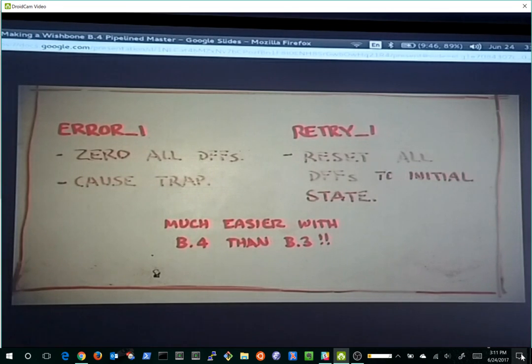Acknowledge is a compulsory signal. Something has to terminate a bus transaction, otherwise the bus will deadlock. These also will terminate, but these are optional signals. So for example, if you're building a microprocessor without an internal MMU, you might be inclined to expose an error input that basically says whenever this thing is asserted, you might want to cause a trap. But in order to terminate that bus signal, you have to zero all of your D flip-flops, all of them,